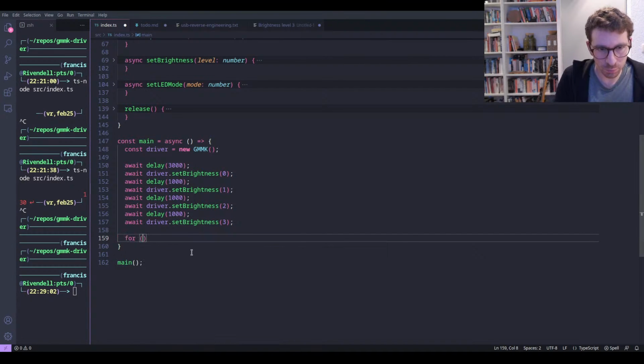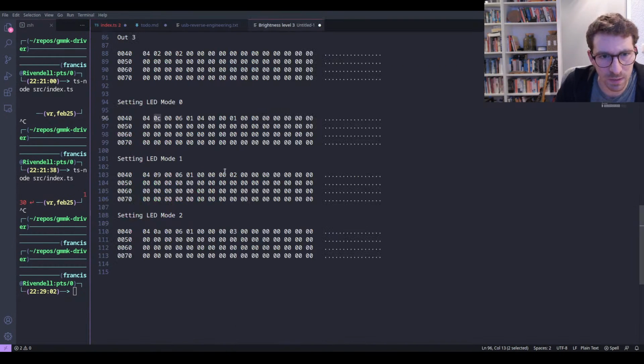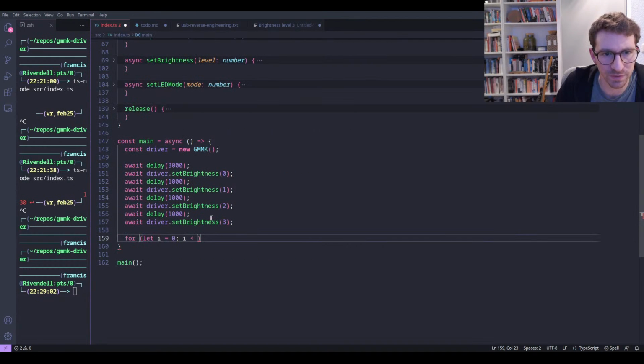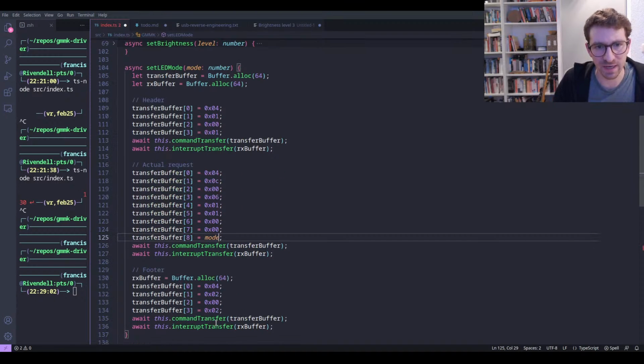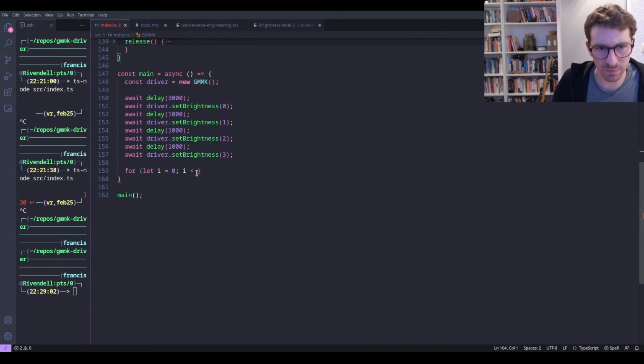Let's make a for loop. I equals 0, I is less than, and by the way, just thinking about this now, LED mode 0 starts at 1, so we kind of need to add 1 to that. Yeah, we need to add 1 to the mode, because I would like to keep the mode in 0 index, because it's easier with enums and that kind of stuff. So, while it's less than 19, I++,